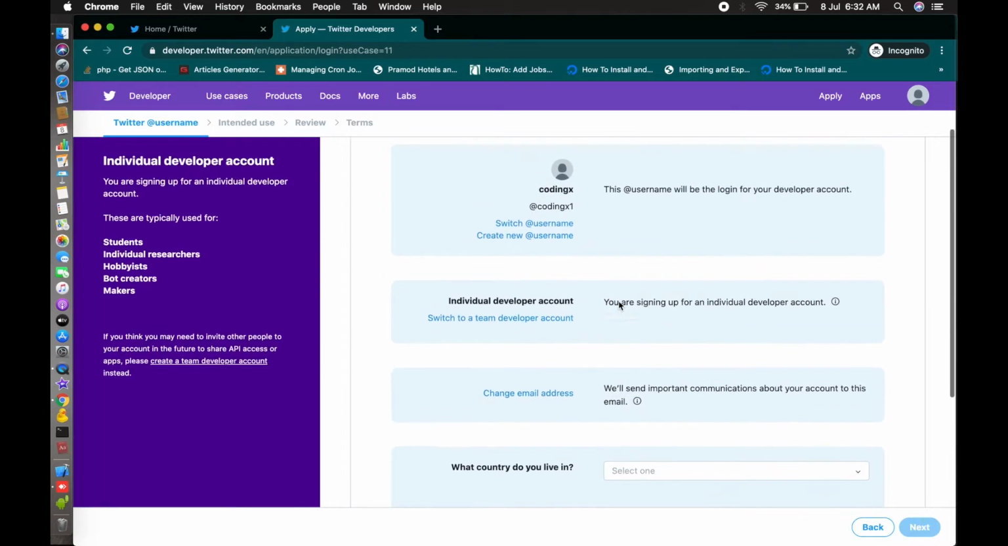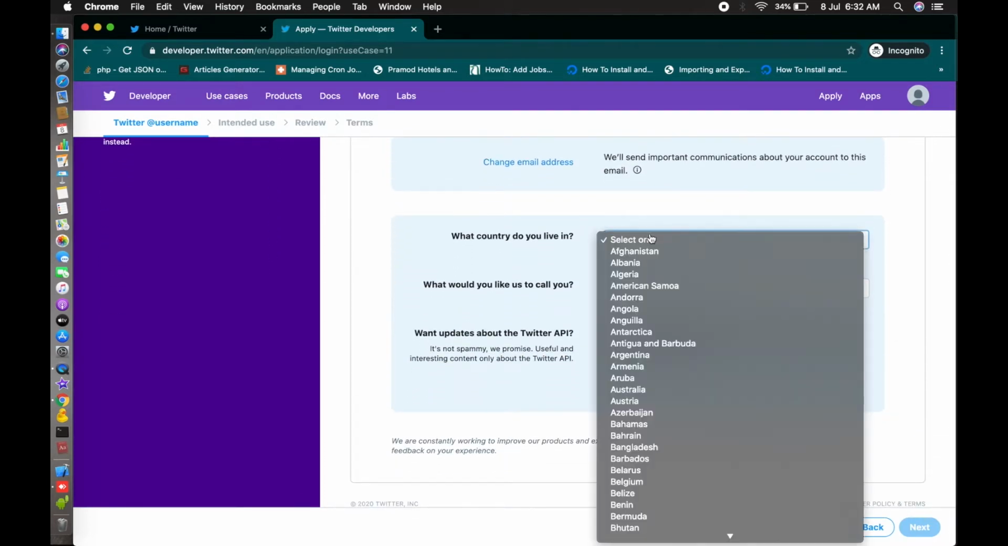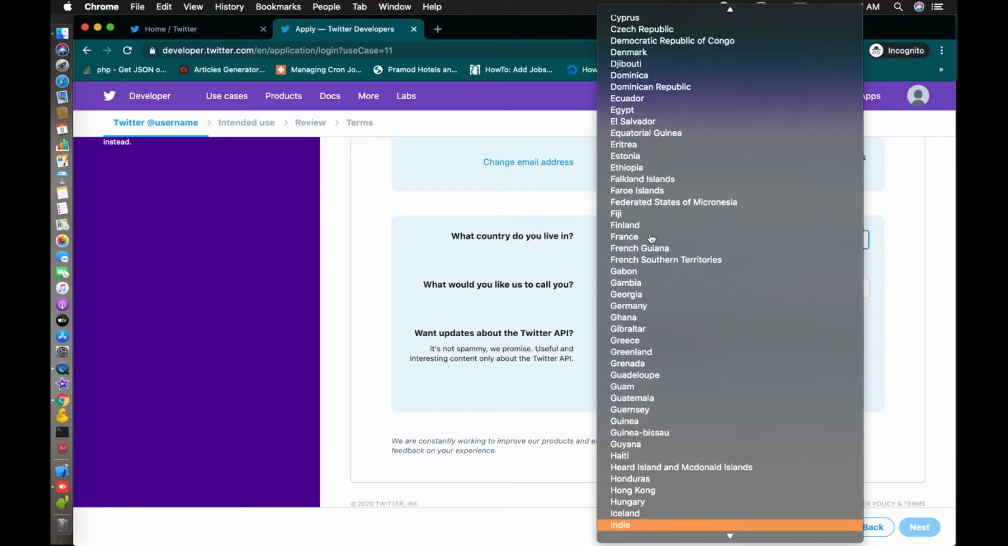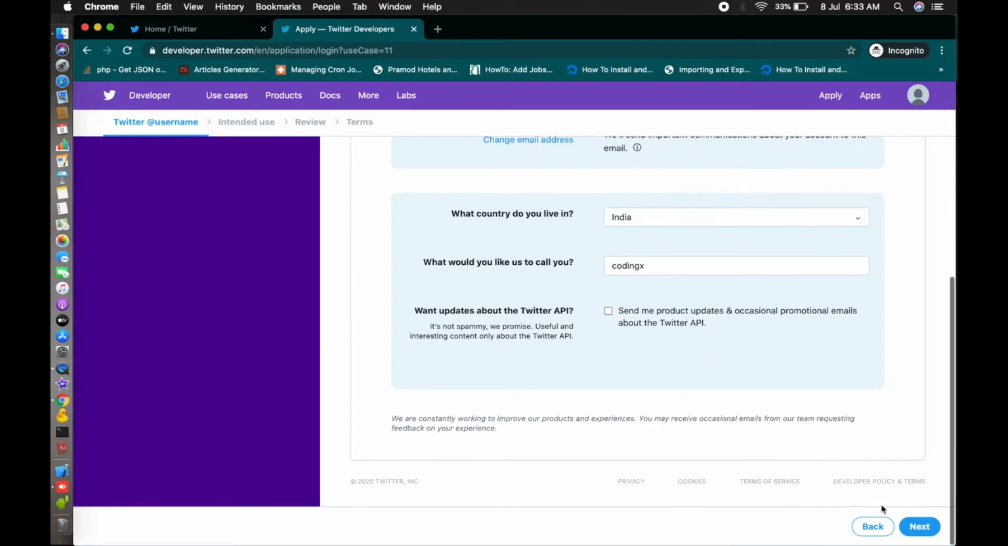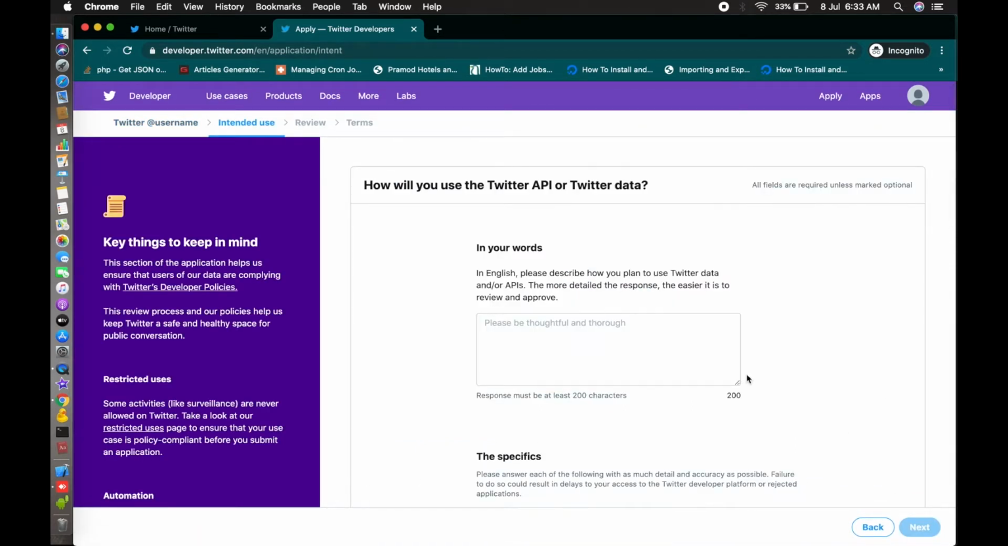For this bot, I will give you the name Coding X here. So my country is India. And here I will write Coding X. Yes, Coding X. Do you want to update? No. Next. So you have to fill up